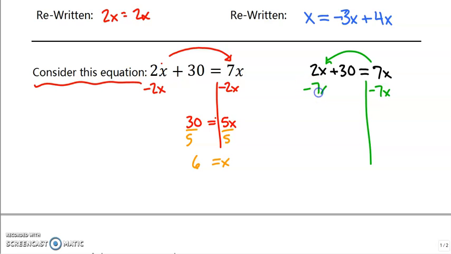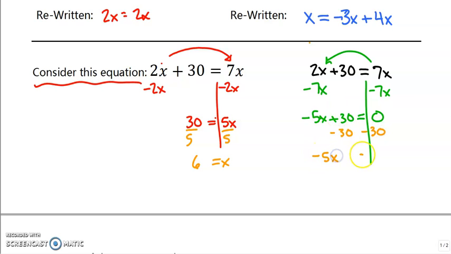So if I subtract 7x and subtract 7x, I'd get negative 5x plus 30. And then over here, it's just nothing. 7x minus 7x is 0. The problem with this is I have to work with a negative variable. So you can always move your variables to work with a positive amount of them. And that's my suggestion to you guys, is when you work with them, move them so that you're going to get a positive amount. So from here, I'm going to, let's see, subtract 30,